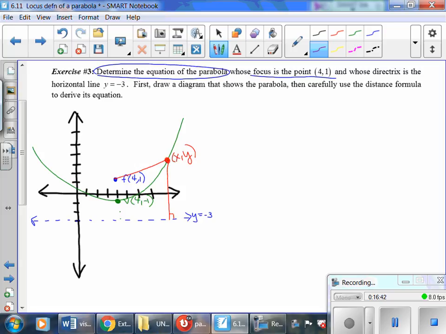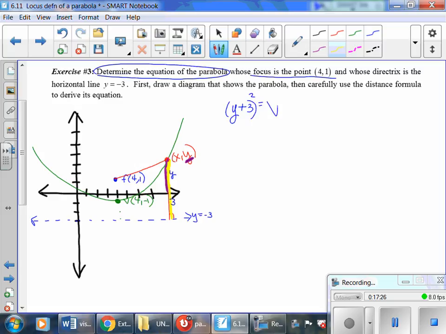Now, can you figure out what that vertical distance is going to be? Well, I know my y that's right here is from here to here. But I want to know what it's going to be from here to here. So, can you figure it out? What is the distance between the x-axis and the directrix? Hopefully you're realizing it. Well, this is a 3. This purple line here is y. This part here is y. So my left-hand side from my point to my directrix this time is going to be y plus 3 squared